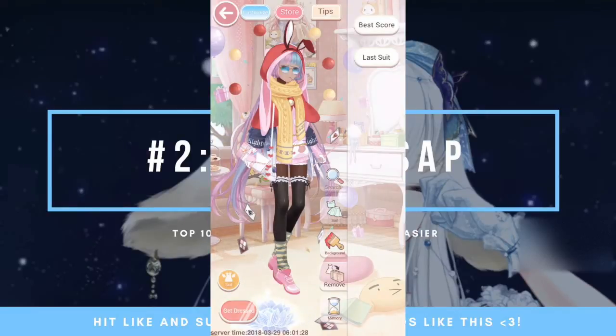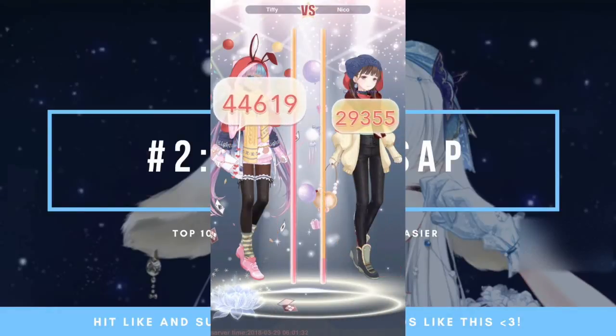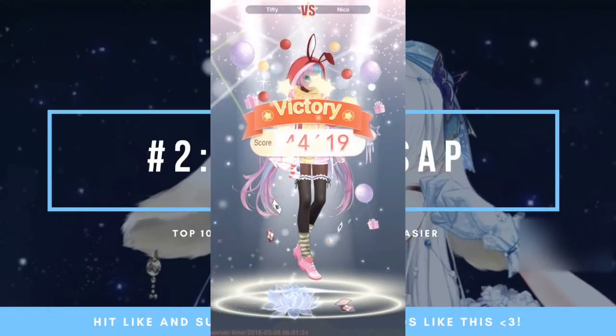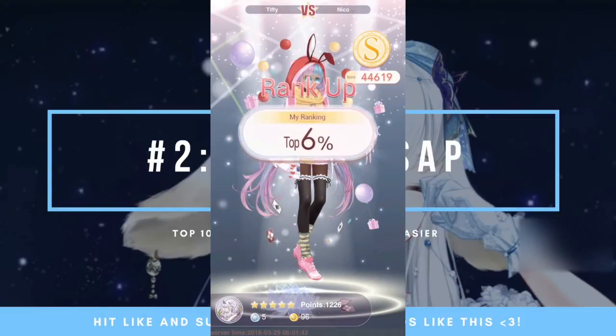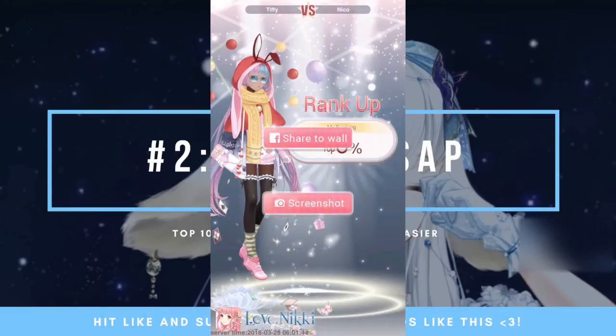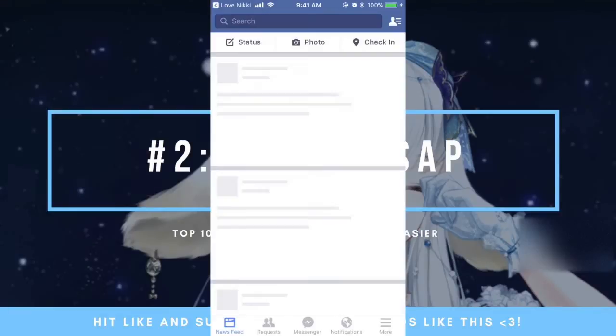And now I'm just going to press Get Dressed, and then just skip because you can't control it. And there we have it. We have 44,000. And the thing I was waiting for was my ranking. So I want to share it, and I'm just going to share to wall real quick, and then I'm just going to go back,